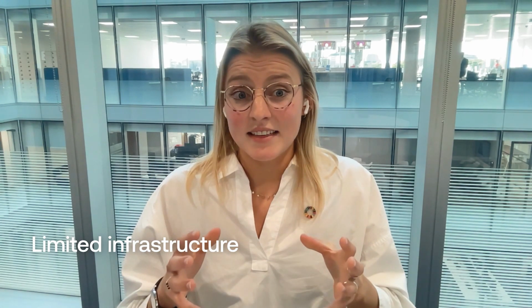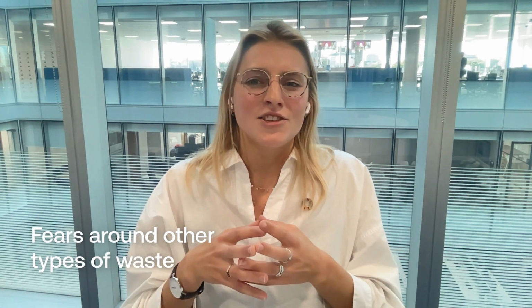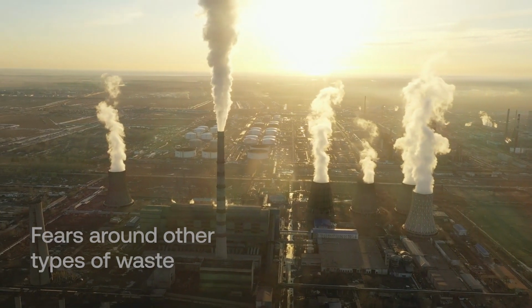The second risk is around the fears that chemical recycling could actually create other forms of waste that are equally harmful to the environment. And some suggest it is more damaging to take the component parts of recycled plastics and burn them as fossil fuels when they could have been used to produce other plastics, as this is contributing to carbon emissions. However, at the end of the day, it can still be said that this is better than not